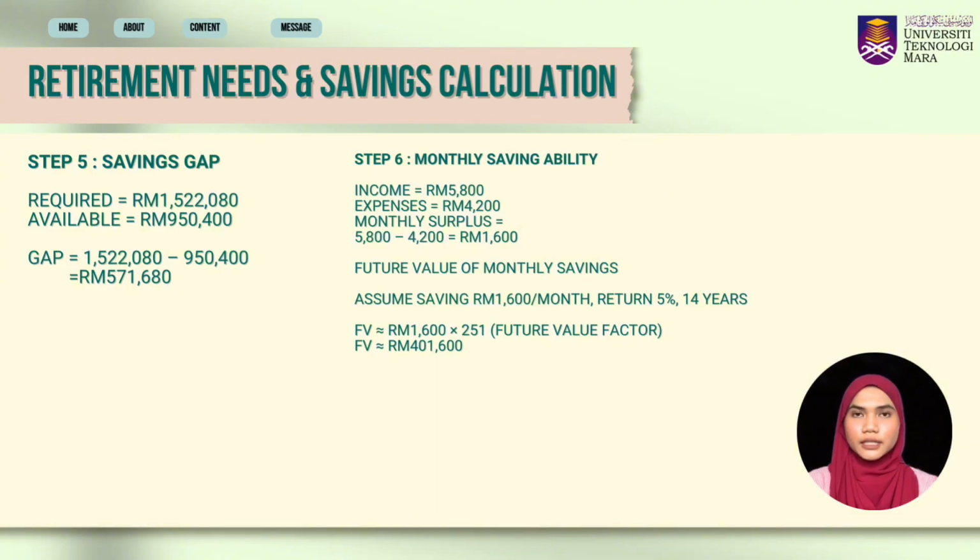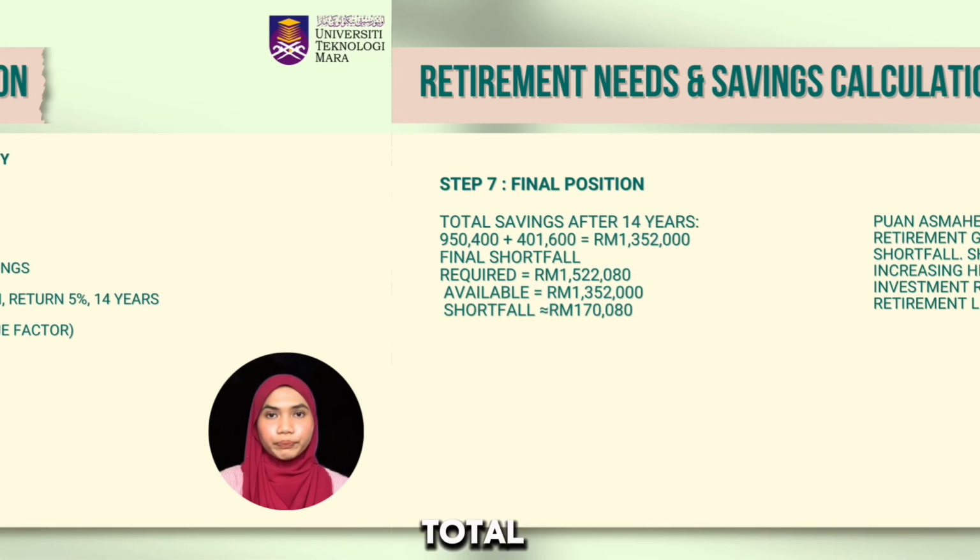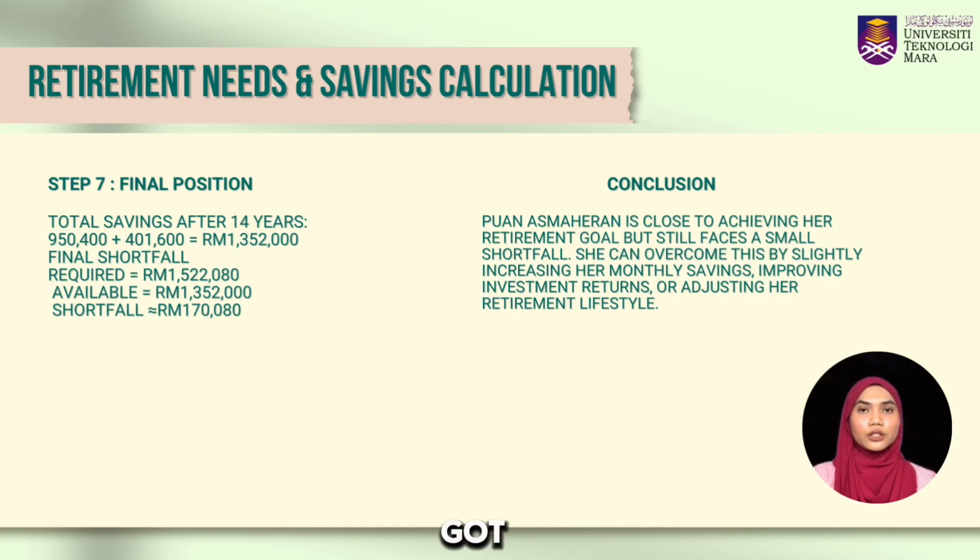For step 5, which is the saving gap, we got 571,680 ringgit. For step 6, which is monthly saving ability, for monthly surplus, we got 1,600 ringgit. For the future value of monthly saving, we got 401,600 ringgit. Total saving after 14 years, we got 1,352,000 ringgit. For the final shortfall, we got